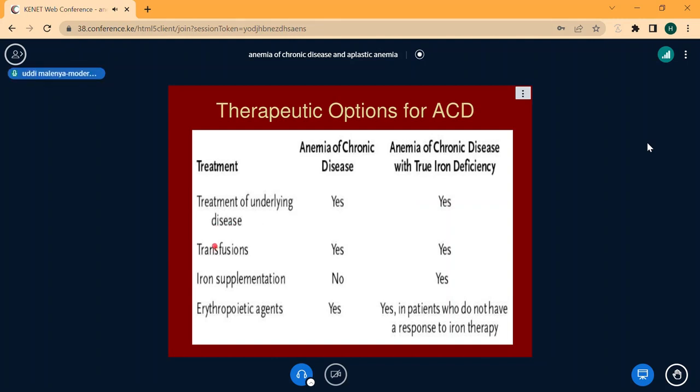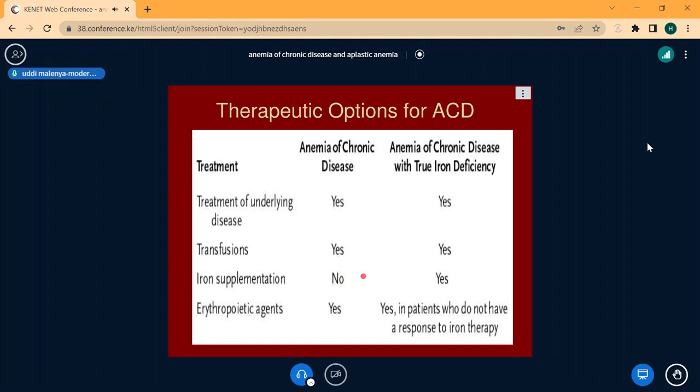Transfusion is the other element of treatment of anemia of chronic disease, right? Yes, you must do it if it is anemia that is due to iron deficiency, okay? The reason is because the transfusion, of course, carries iron. Iron supplementation, okay? In anemia of chronic disease, no. The reason is because